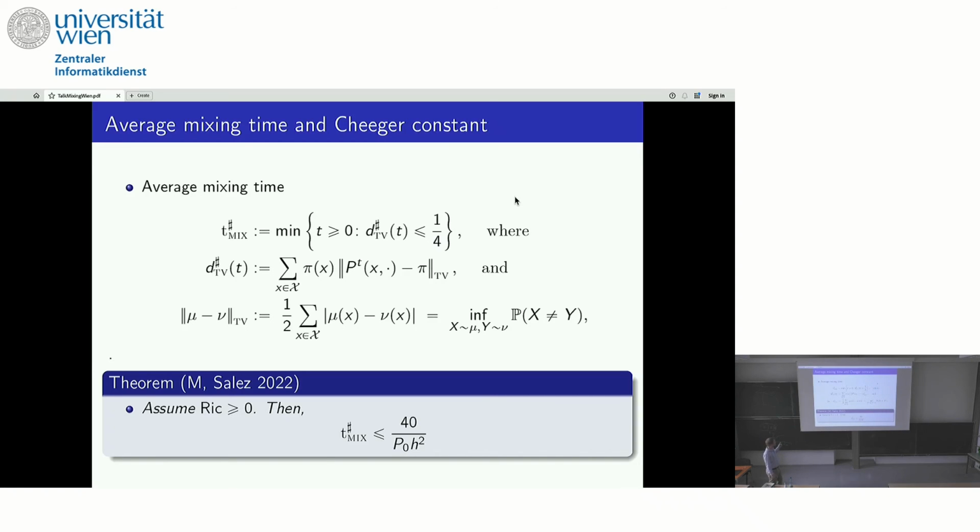That's basically already the main theorem, that we find an upper bound on this mixing time in terms of the Cheeger constant. So you can rearrange, put the Cheeger constant to the left-hand side, and this average mixing time will grow to infinity as the graphs grow. There's also one more, a bit more explicit estimate.